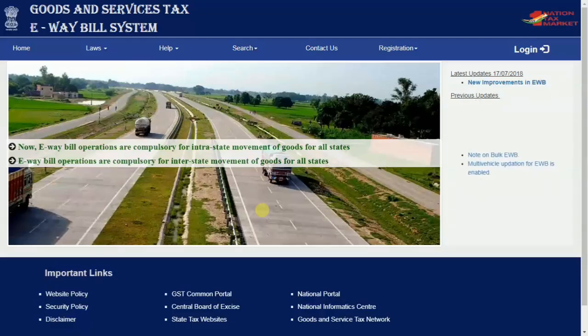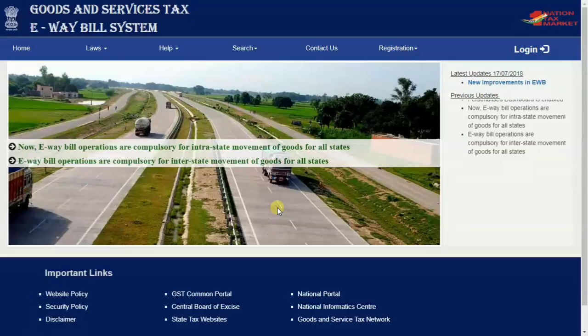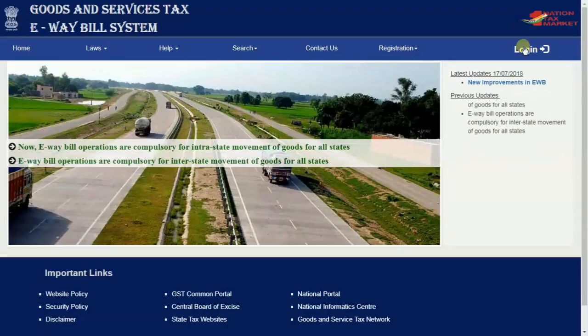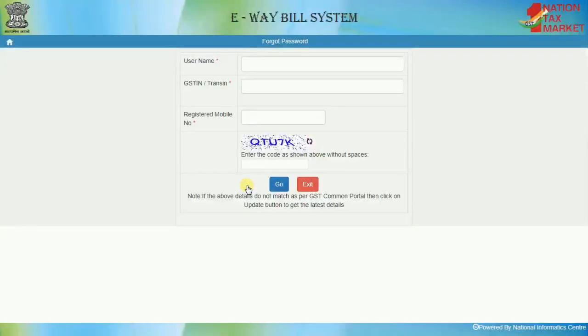E-way bill system provides a facility of generating a new password in case the user has forgotten or lost his e-way bill login password. For using this feature, once the taxpayer or transporter opens the e-way bill URL, he has to click on Login option provided on the home page and has to click on Forgot Password option provided in the login screen. The system will then redirect the user to the Forgot Password page where he has to enter